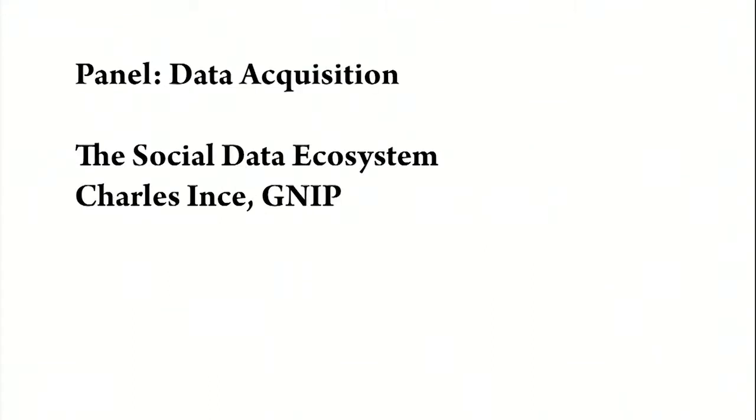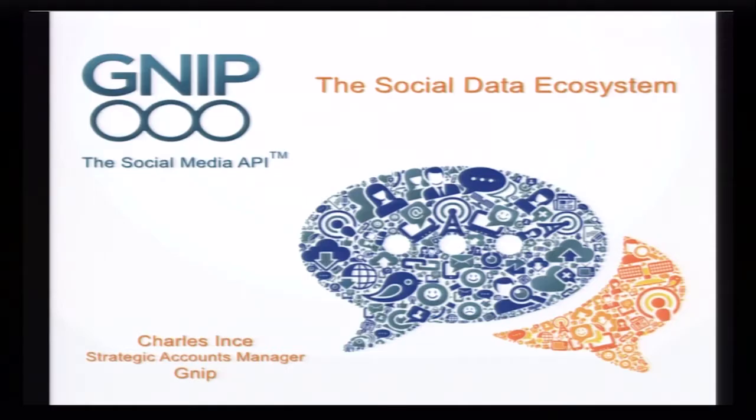So I'm from GNIP. We're based in Boulder, Colorado. My name is Charles Ince. I'm going to tell you a little bit about social data. I thought I would start with the social data ecosystem, which is our term for describing the dynamics of how things exist. What we're seeing with social data is there are lots of applications. In our world, we see use cases ranging across the spectrum, but as I walk through some of the elements of the social data ecosystem and how things work, it'll be pretty clear the various ways that social data can be used in terms of public health.